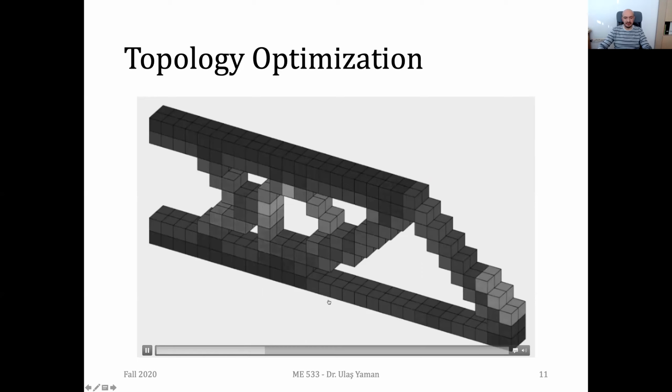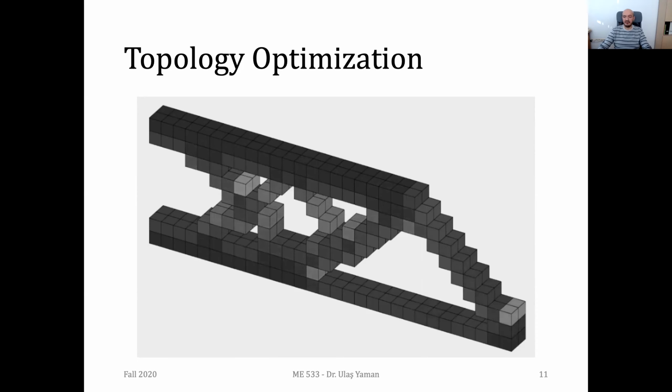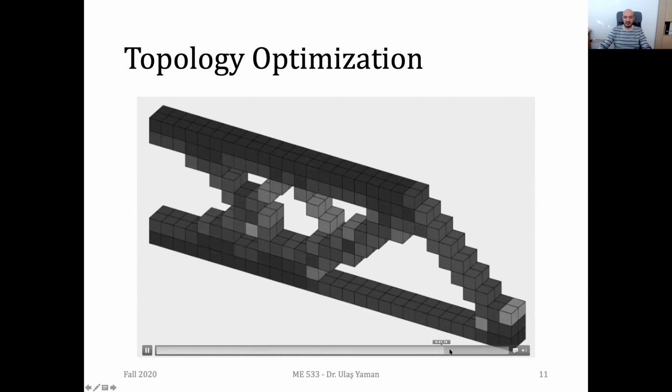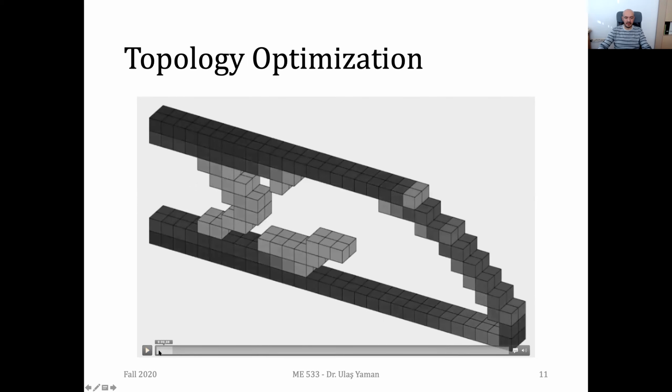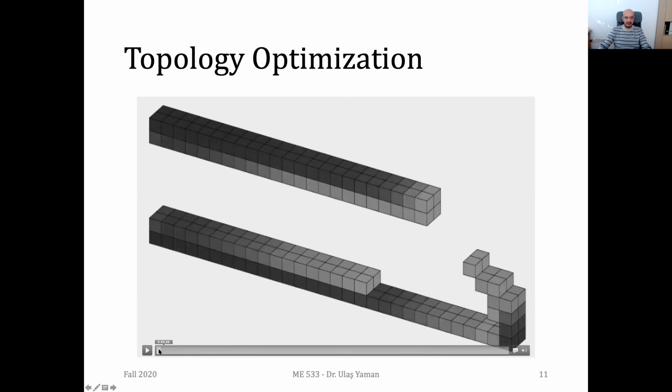Here you see after some point, we don't have much change in the topology. But at first, we have huge changes. And to the end of the optimization, we have little changes, and the optimization will stop once you don't have any other changes. Let me start once again from scratch. Here at this point, you can see that